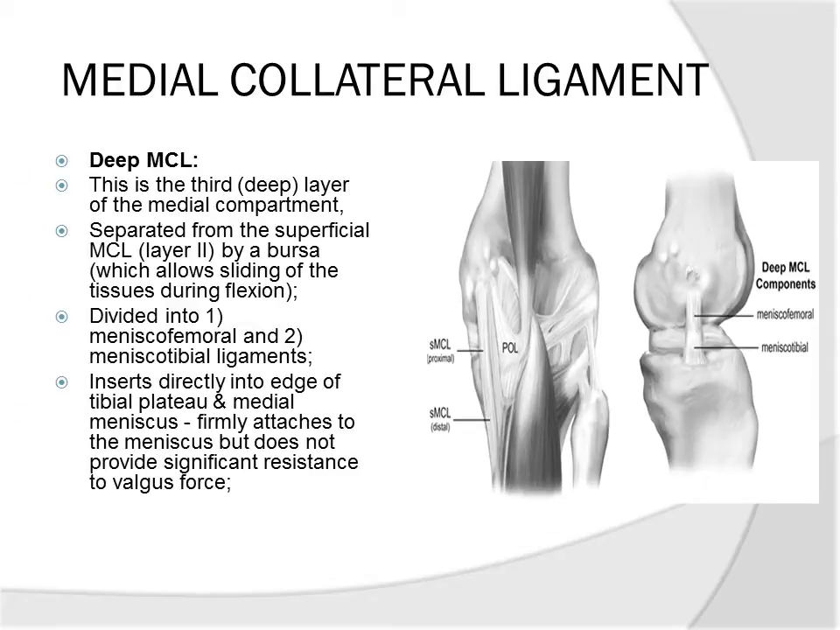Okay, then if we peel away the superficial aspect of the medial collateral ligament, we're left then with the deep medial collateral ligament, as outlined right here. And it's the deep portion of the medial collateral ligament that attaches to the medial meniscus. And it attaches to the medial meniscus in two distinct and separate bands. So, first of all, the deep medial collateral ligament is separated from the superficial medial collateral ligament by a bursa,